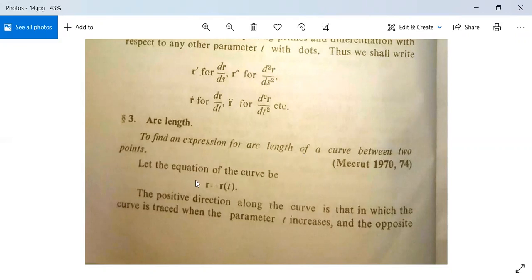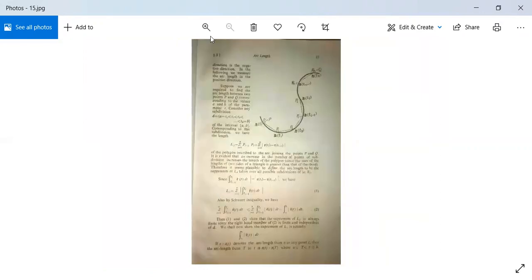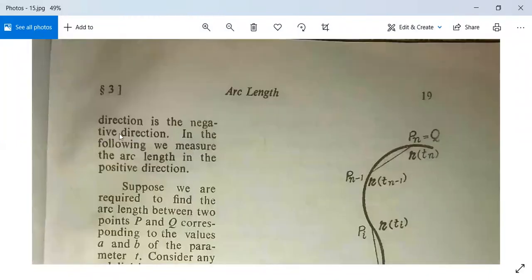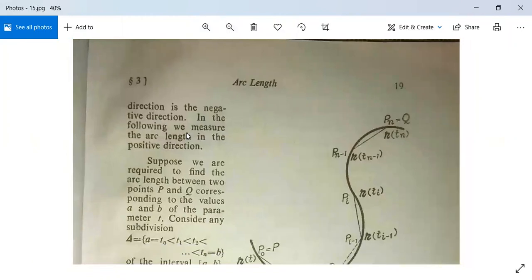Let the equation of the curve be r is equal to r(t). Suppose this is our curve. The positive direction along the curve is that in which the curve is traced when the parameter t increases. t increase कर रहा है जिस डायरेक्शन में, वो हो गया पॉजिटिव डायरेक्शन, and the opposite direction is the negative direction. अपोजिट डायरेक्शन क्या हो जाएगा, नेगेटिव डायरेक्शन. In the following we measure the arc length in the positive direction. ठीक है,